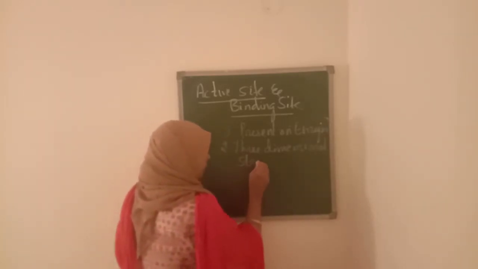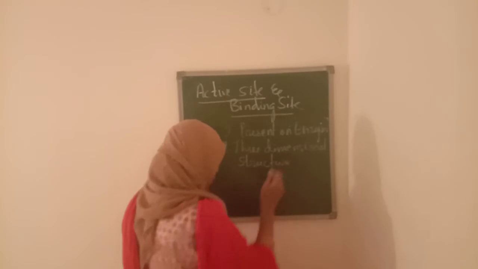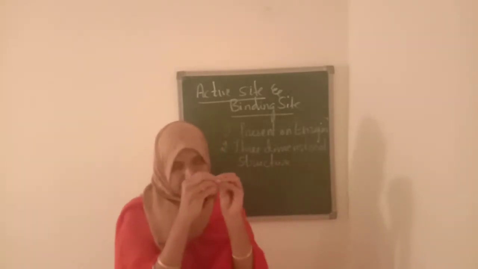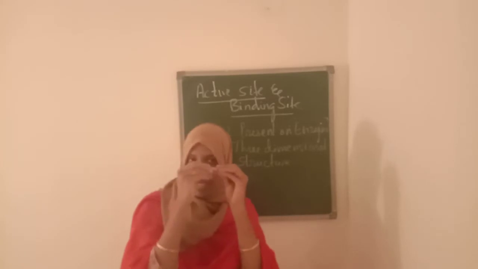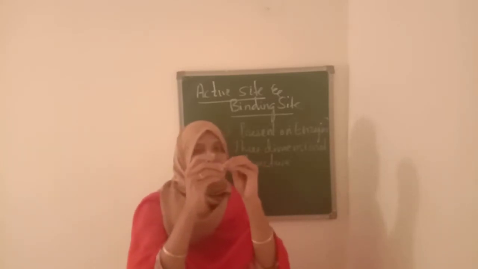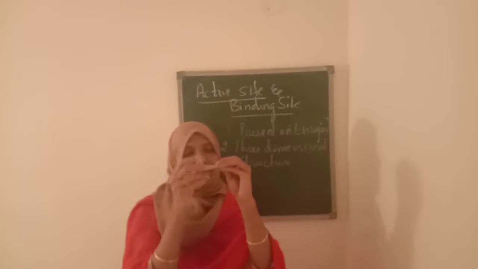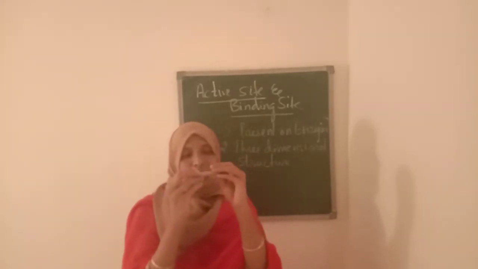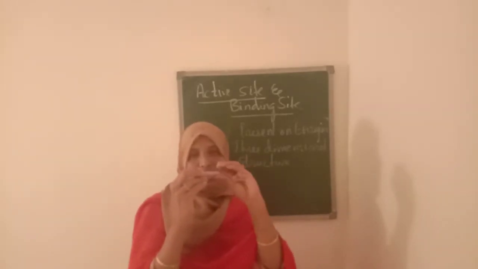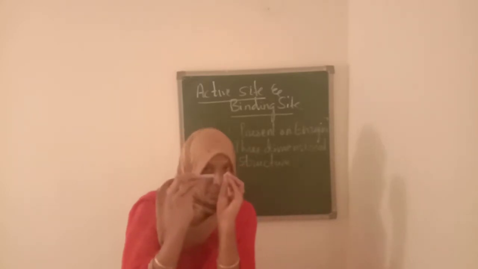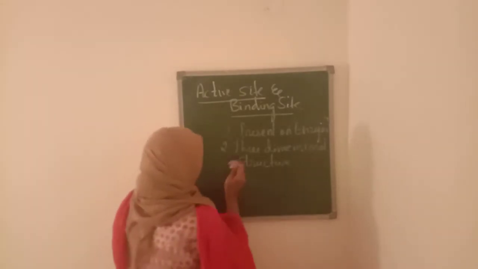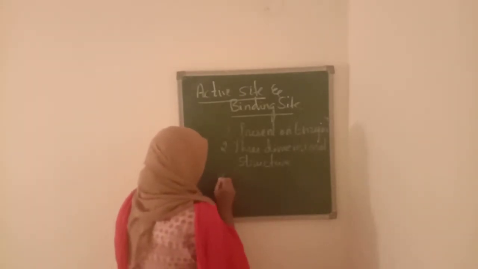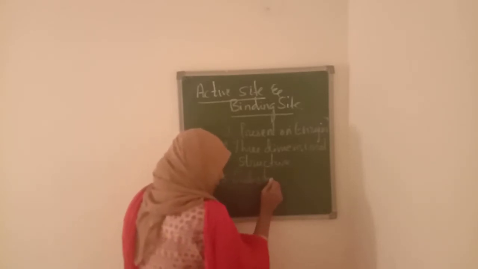The second property is that it has a three-dimensional structure. As you have seen here, only when it has a three-dimensional structure can it hold the substrate properly. If the active site is not three-dimensional, like this or like this, it can't hold the substrate. And the third important point is that the substrate binds with the enzyme